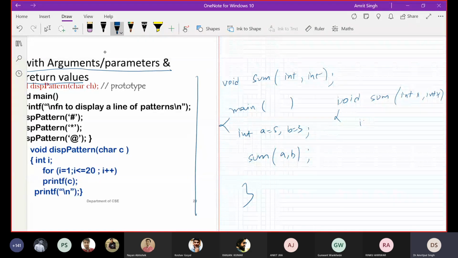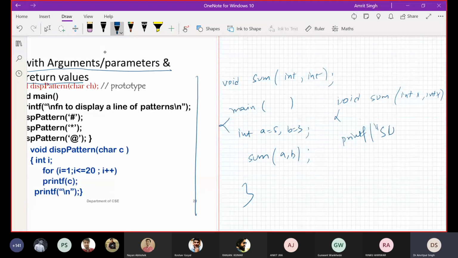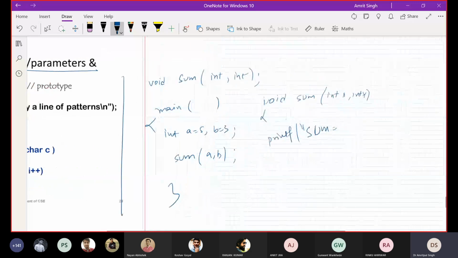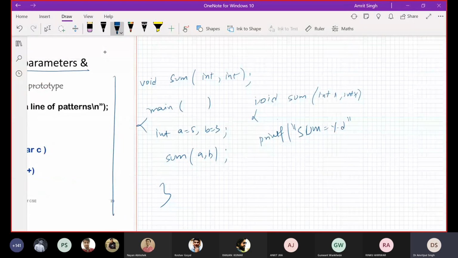Simply printf sum is equal to %d, x plus y. What is happening here?